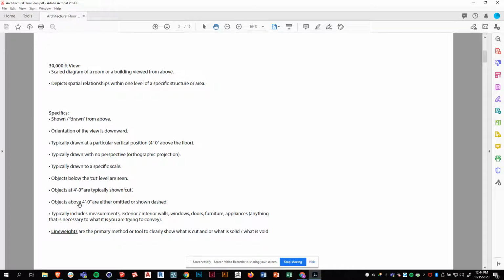Objects above 4 feet, so something that happens on the ceiling, or perhaps a flat screen TV on a wall, that are above 4 feet are either omitted entirely or they're shown as dashed. And dashed lines say, hey, there's something here above the eye, in this case above 4 feet. In addition,